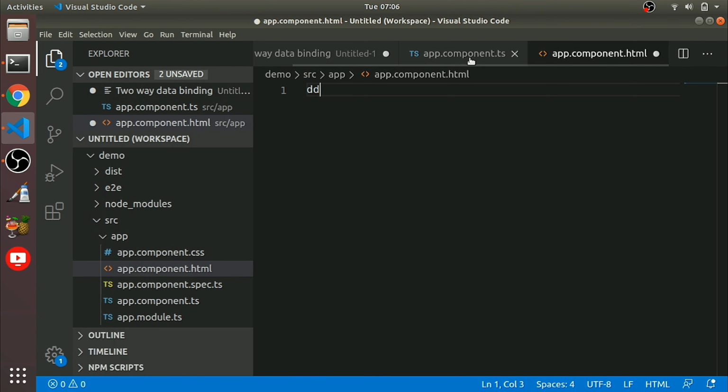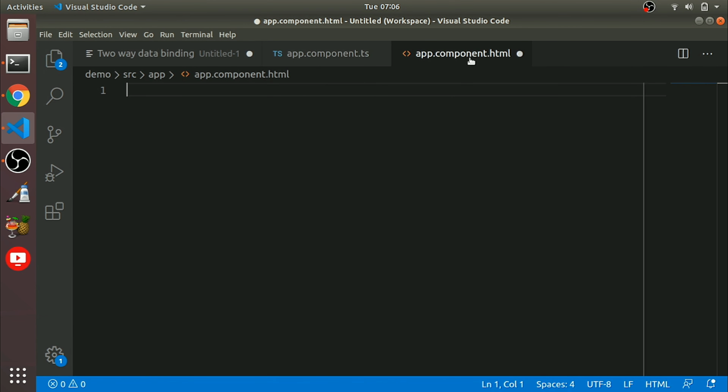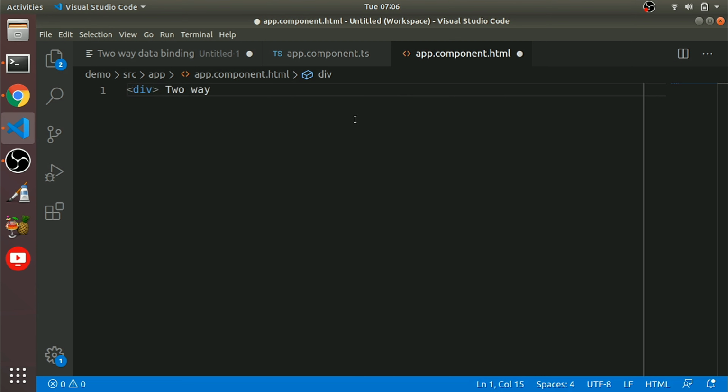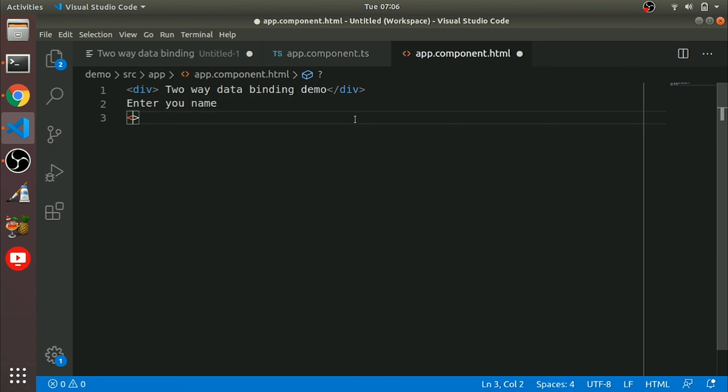So what can I do here? Let's add an input type text. Let me put a heading, two-way data binding demo, then I'll put enter your name, and an input tag with type equal to text.